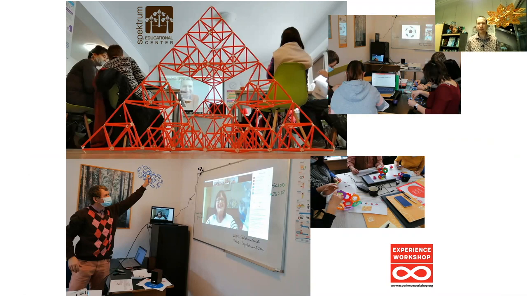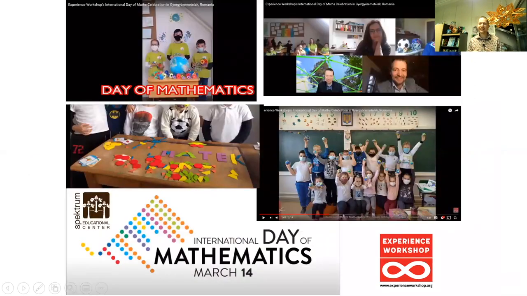These photos, which were taken in the Spectrum Educational Center, tell these possibilities very well. But as we mentioned, this approach is even possible with children, with a hybrid environment provided for education and learning opportunities, team learning opportunities for children.